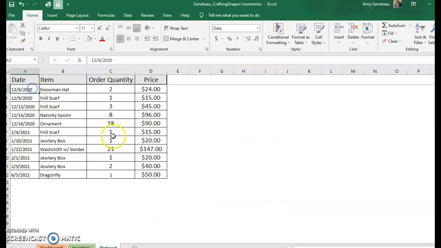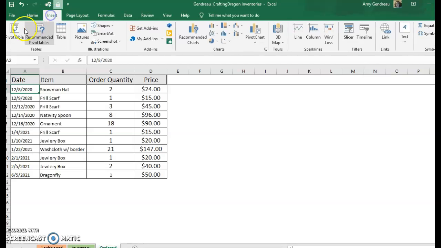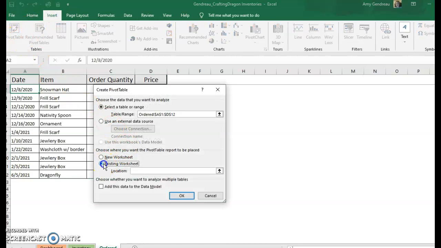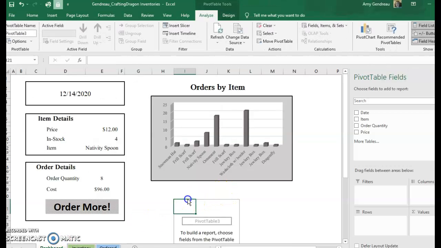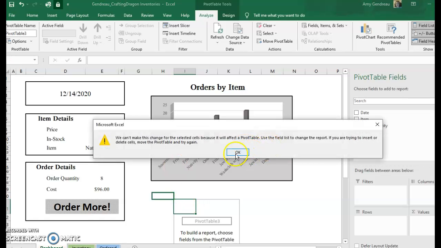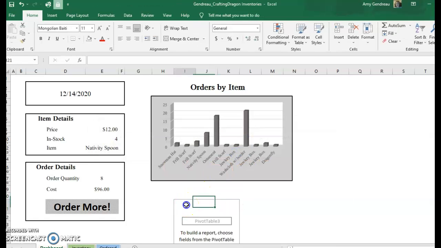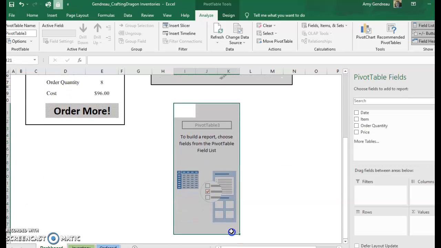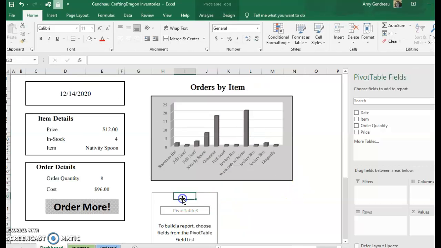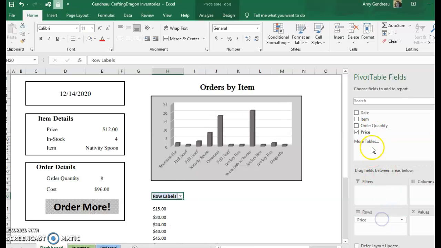So I'll come in here, just pick some data, go to Insert, Pivot Table, Existing Workbook, Location is going to be the dashboard, over here somewhere. Okay, because we can always move it around if we don't. You have to click on the whole thing, and then you can move around wherever you want. See, like that. Anyway, so click in the pivot table, make it, let's say the rows are price and columns